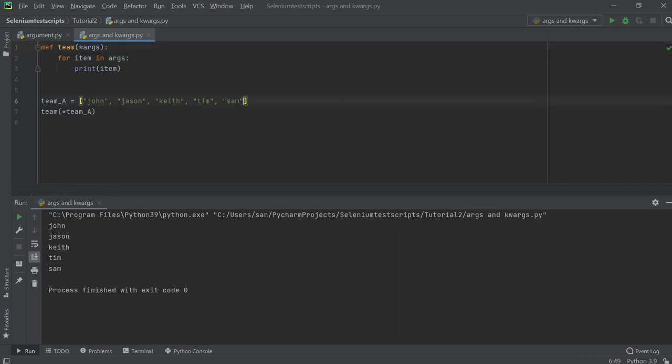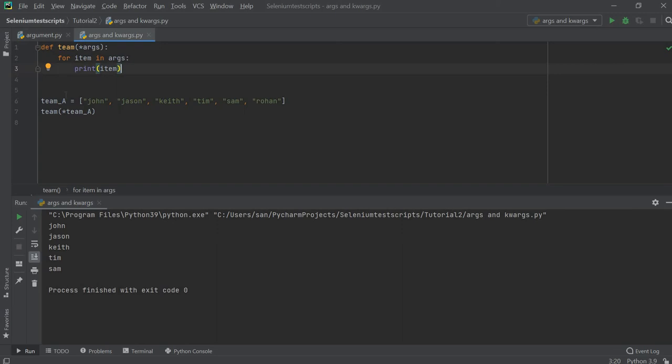If I'm going to change anything here, for example I'm going to add a new member, Rohan, this time I need not change the argument part, the parameter part, or anything here, because I have passed all the members as a team, and this list is passed.